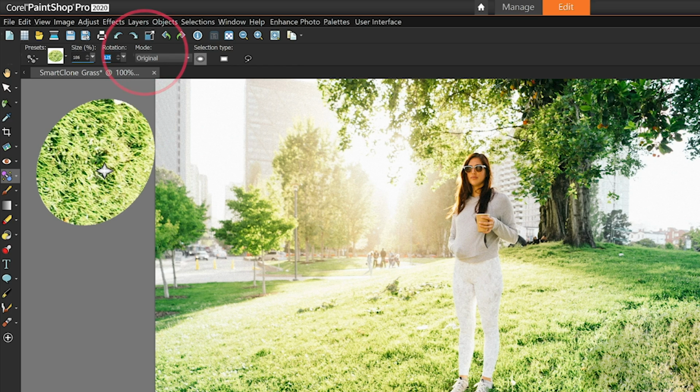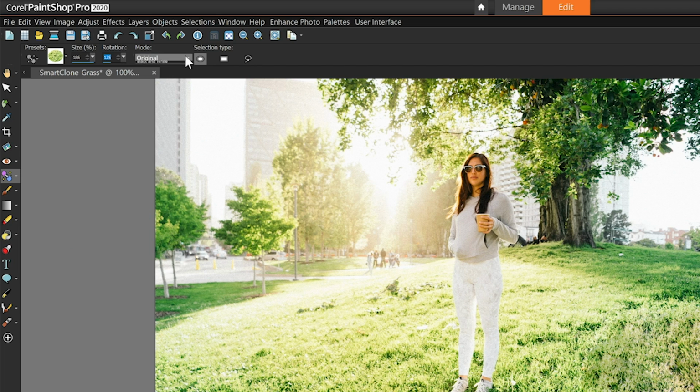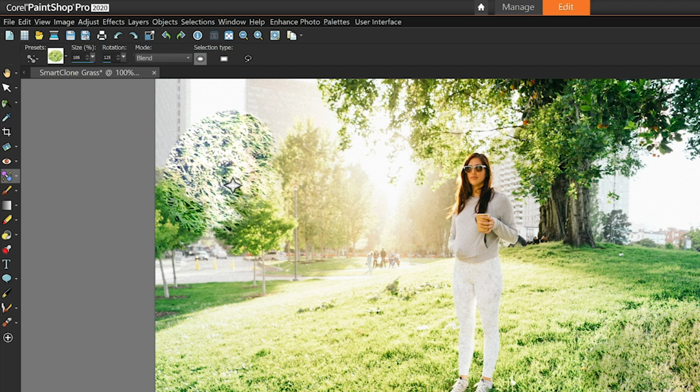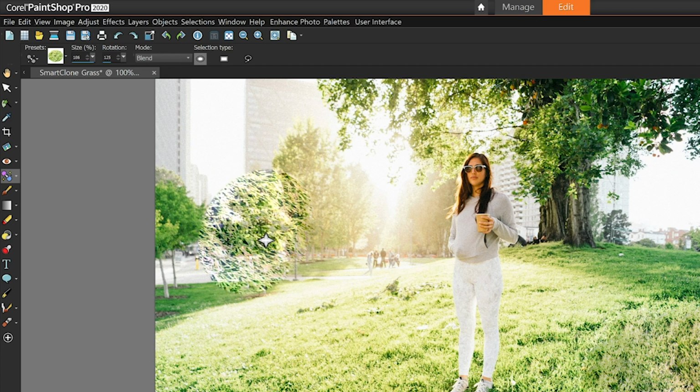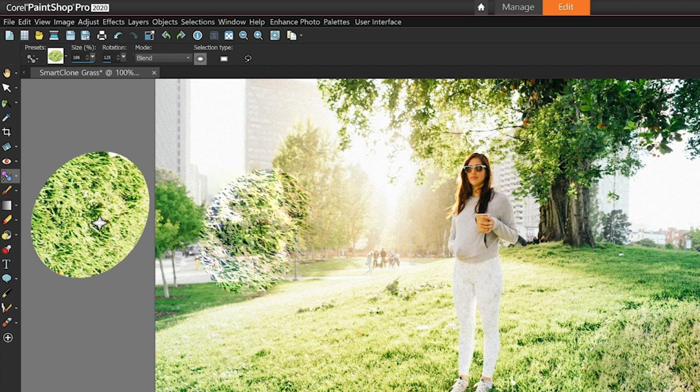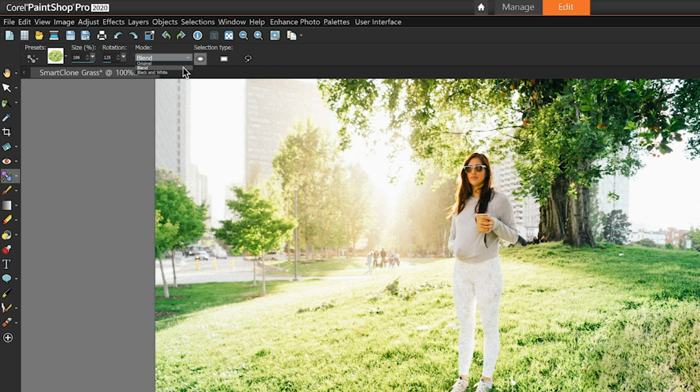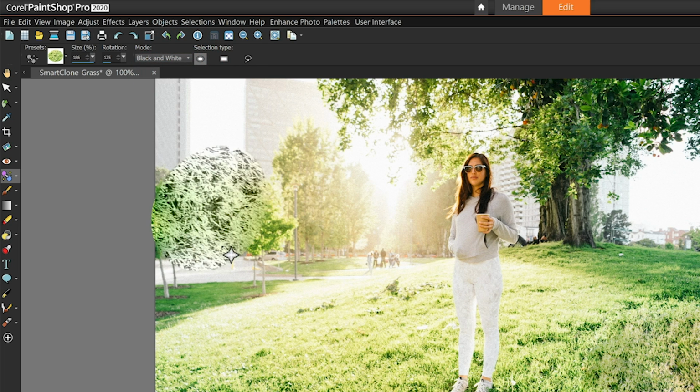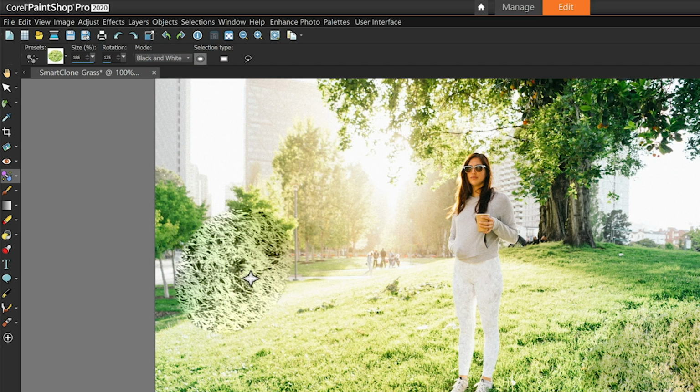and blend mode. Blend modes determine how much of your source image will appear on your destination image. For example, if we change from original to blend, that will apply a light transparency to our selection so that it blends nicely into its destination, whereas original maintains almost the exact appearance of the source selection. If you choose black and white, that will desaturate the cloned selection so that it's mostly just texture that's pasted